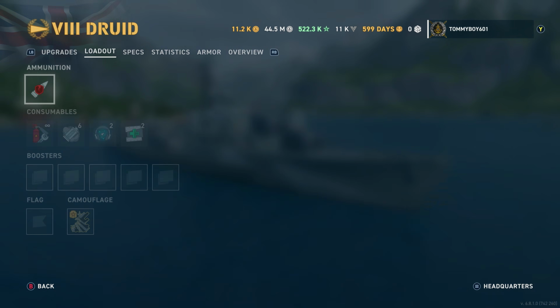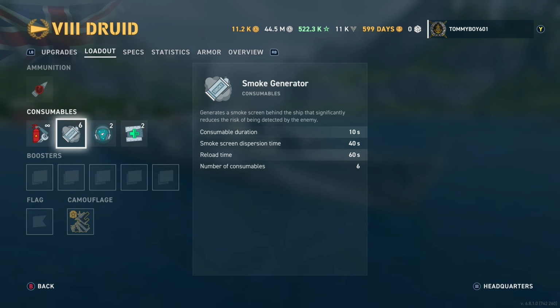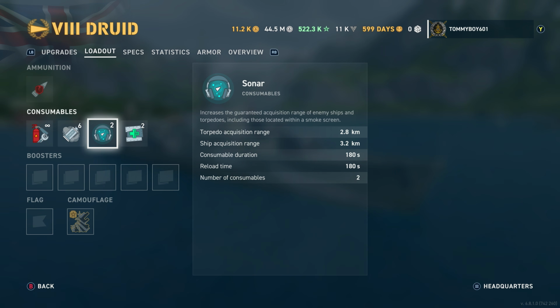Okay, let's go ahead and talk about the consumables. We have the damage control party, pretty standard. Then the smoke generator, it is the British smoke, 10-second duration, 40-second dispersion time, reload in about a minute, and you get six consumables of it. Then we have the British sonar, long duration, shorter range than say the Germans, you get 2